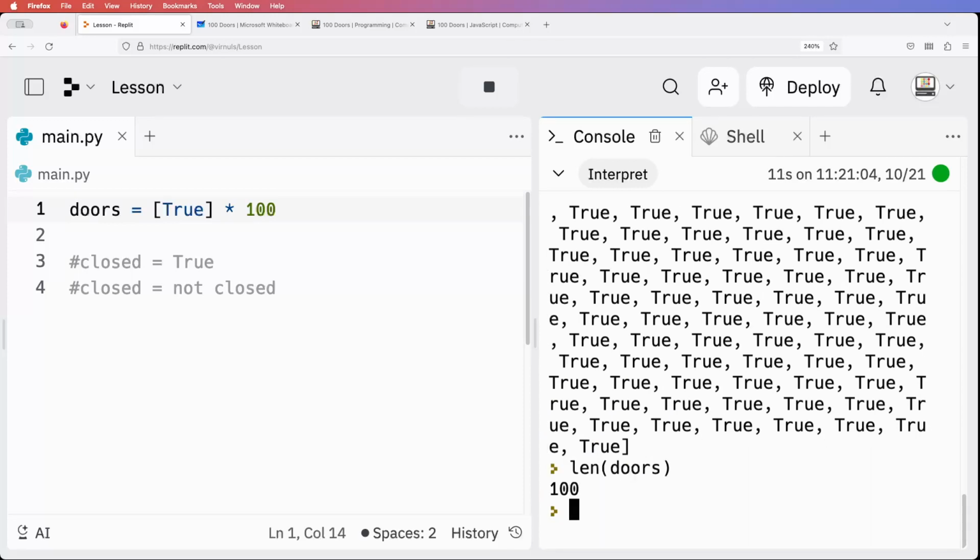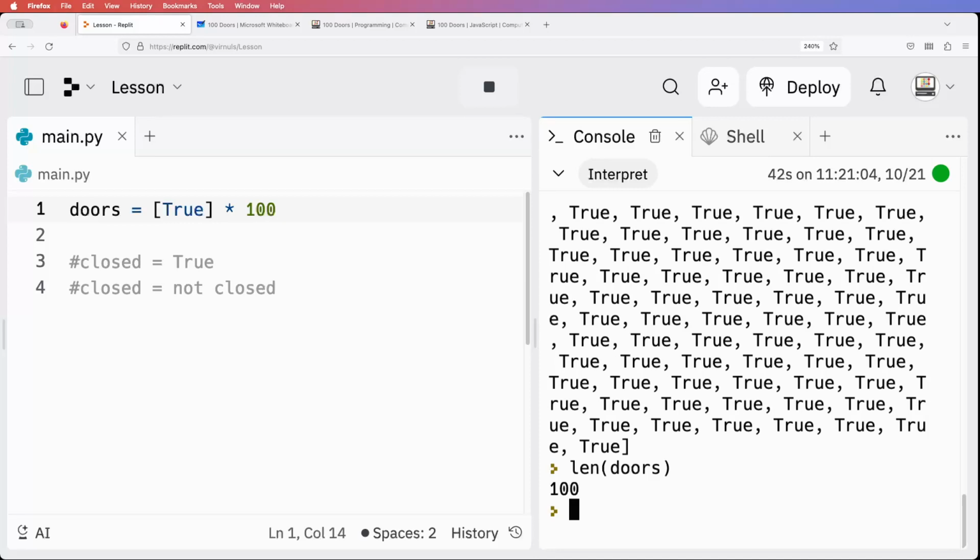So I said it's not quite as straightforward as that, because we're representing 100 doors. But if you think about the list indexes for that list, if you've got a list that's 100 items long, they're going to be numbered from 0 to 99. So if you want those to represent doors 1 to 100, you could apply an offset. You could add 1 to the index to represent the number of the door. But I think there's lots of